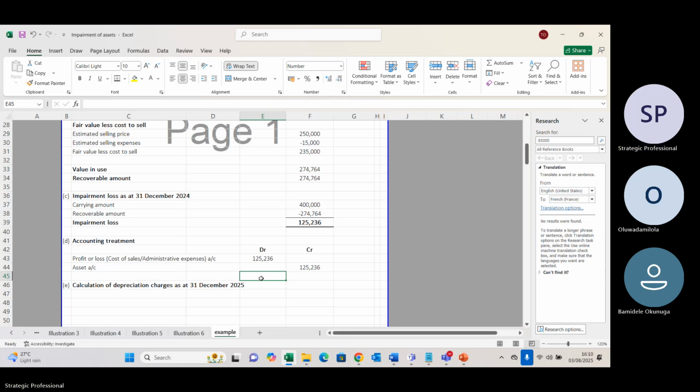So it's different. If none of the factors act on an asset, then impairment loss would not occur. Except for goodwill and intangible assets with indefinite life. For those, you don't need to look for any indicator or factor. You must always assess for impairment for those at the end of the year. Goodwill and intangible assets, you must always test for impairment. Aside from those two, for every other asset, something must have occurred in the economy.